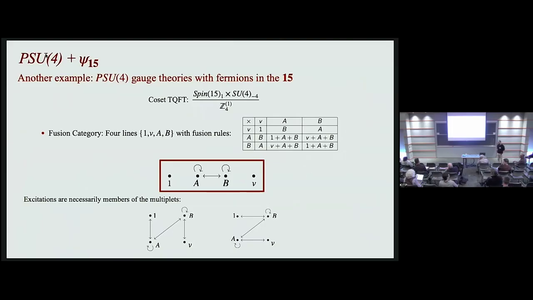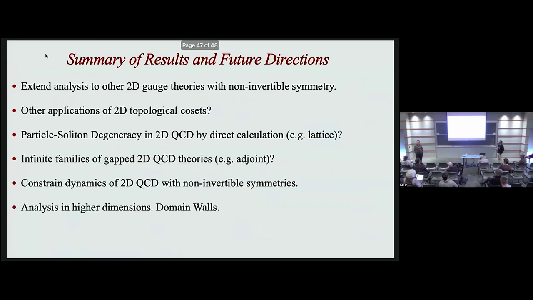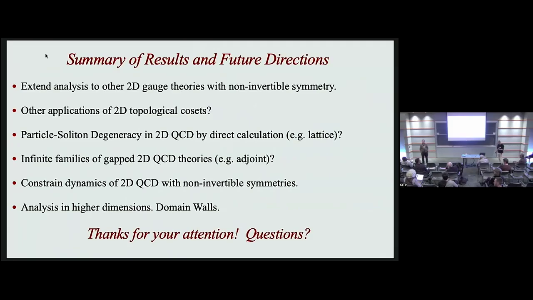I have a rather obvious question. I'm sure you have thought about it. So you mentioned one of the future directions is to generalize to higher dimensions. But in your talk, you relate particle to soliton. To go into higher dimension, you want to relate particle to some extended objects like domain walls. But then the domain walls have tension, right? And tension doesn't even have the same mass dimension as the particle mass. So I'm just curious, what do you think would be the result?